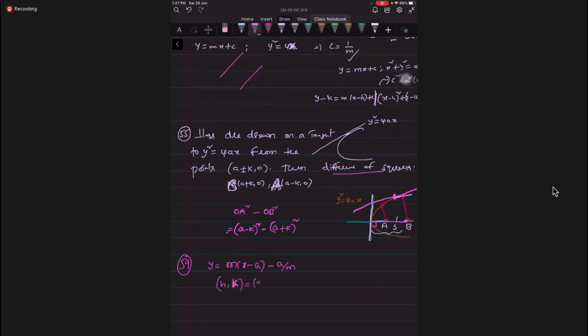Okay, a comma 0, students. This is the vertex. Then what else do you need? You have a condition for C, no, students. Suppose if I compare with y equal to mx plus c, C is equal to minus a by m. Is it true, students? C is nothing but minus a by m, and having this parabola and condition of tangents, what kind of parabola is it, students? It will open on the negative side, right? Open on the negative side. Is it correct?